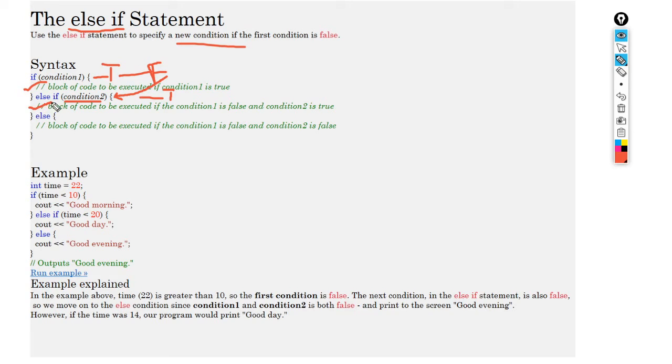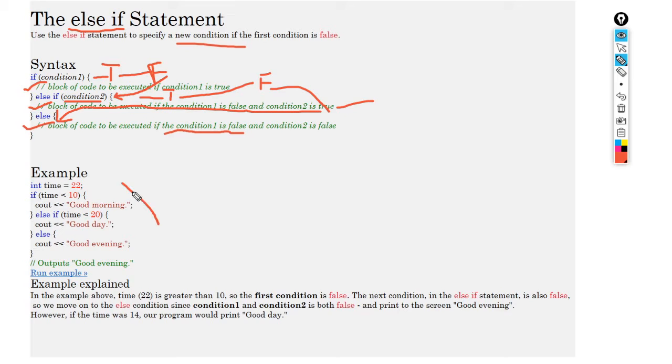Suppose the else if is also false, then it will go to the third else if, and if that is also false, then automatically it will come to the else part and execute the block of statements inside else by default.